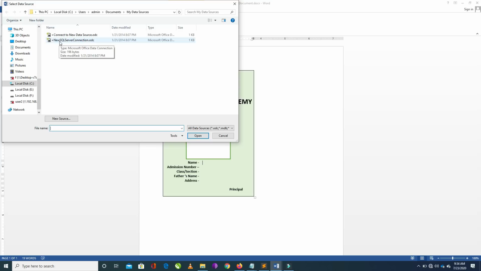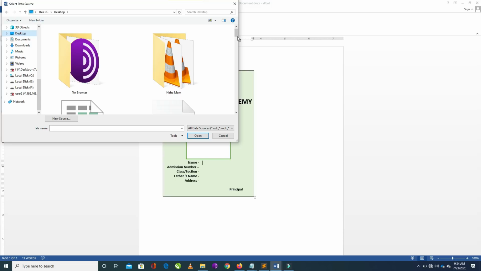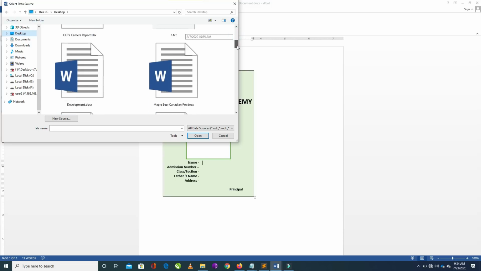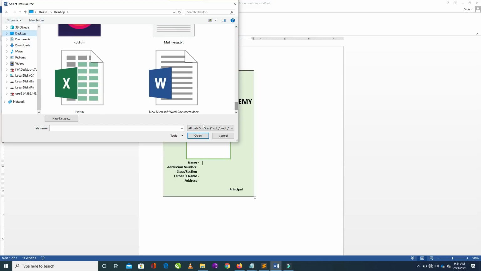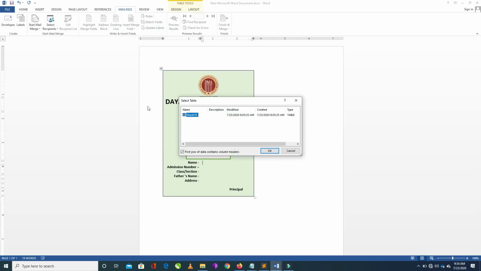Click on this button and then select the file where you have already entered the data of the students. So on the desktop, here is a file list. Click that file. In this file there is Sheet1. Click that sheet.